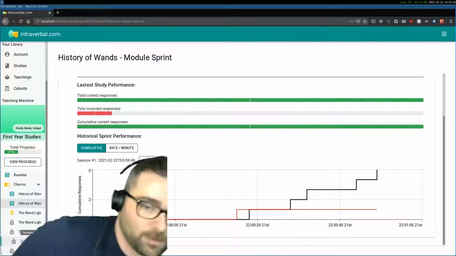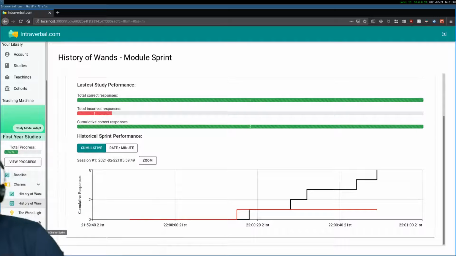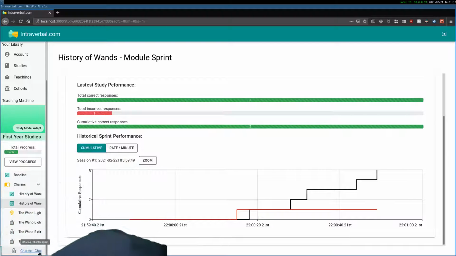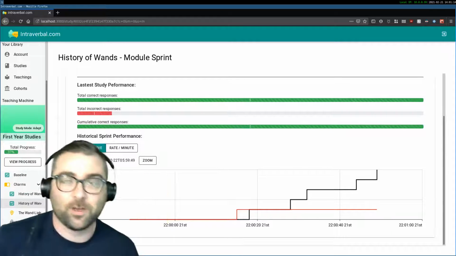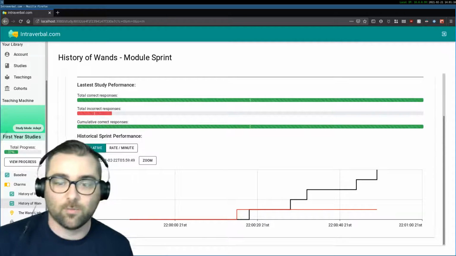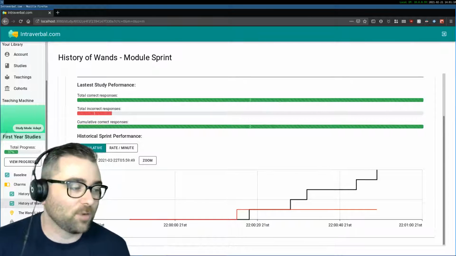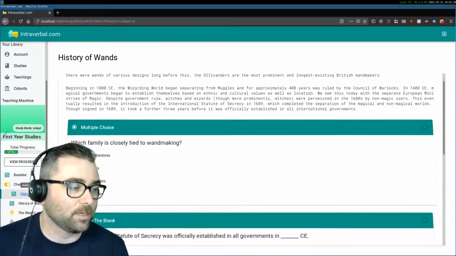a, I can't lower my shoulder anymore. Maybe I'll just go off this way. There should be a chapter sprint at the end. Yep. Chapter sprint, there it is, which is going to mix up all of the modules into one. So I should probably go back and just quickly,